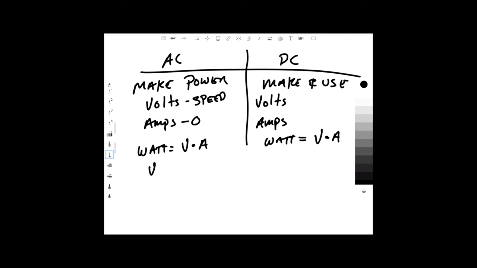And amps is the quantity, QNTY. So this is speed. So if we go into calculate, like let's say we have,